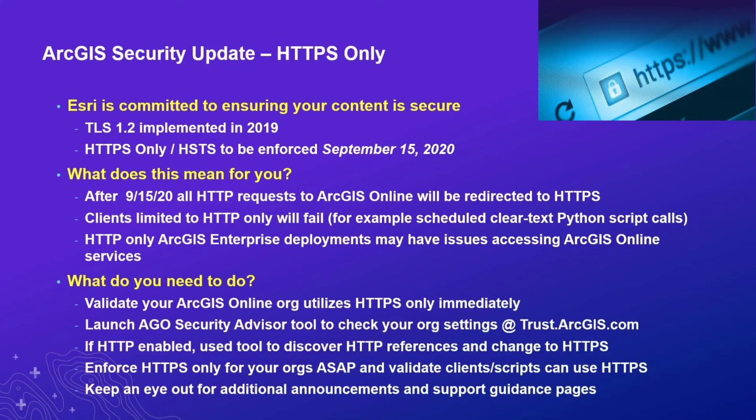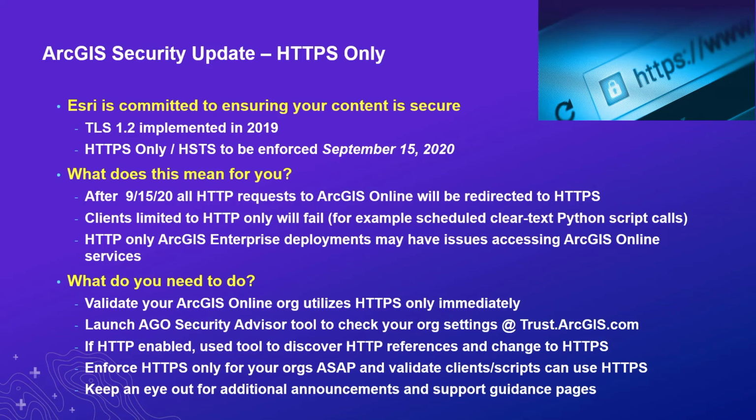Thankfully, we have tools that you can use to help out. First thing you should do is validate that your ArcGIS Online organization already uses HTTPS only. Newer organizations have been restricted to require HTTPS from the start. Older organizations may support both HTTP and HTTPS. You should launch the ArcGIS Online Security Advisor tool to check your org settings. You can find a link to that tool on